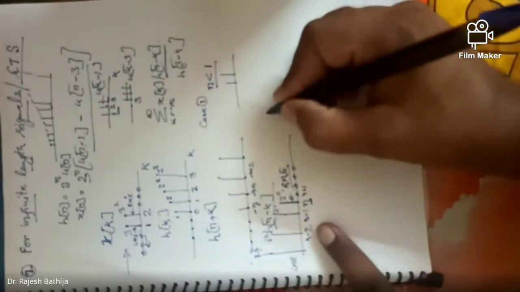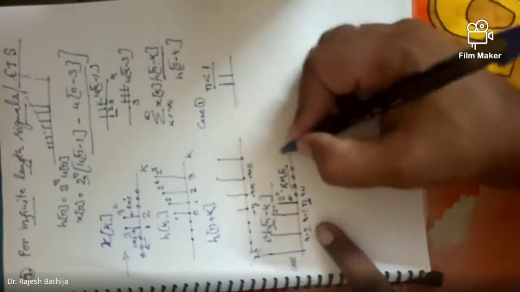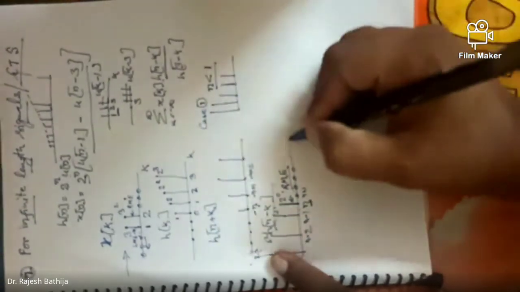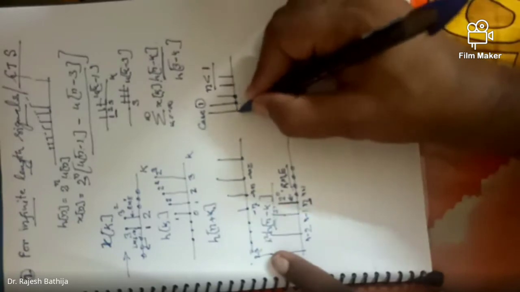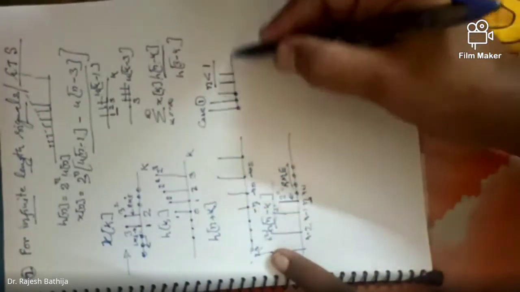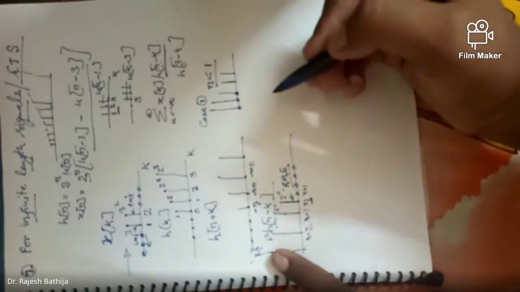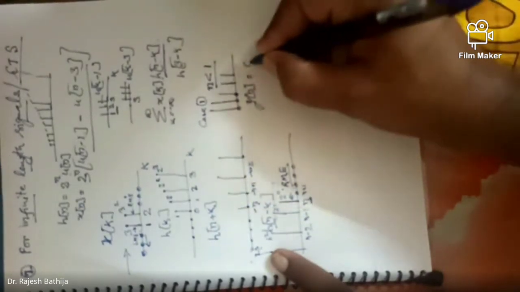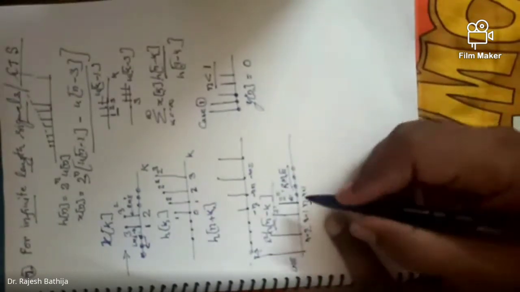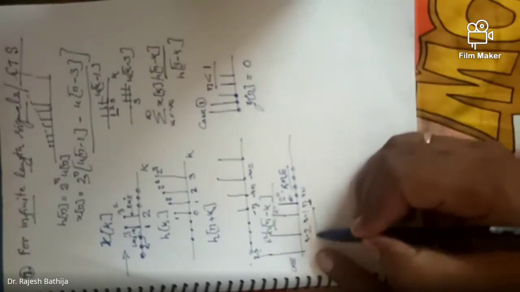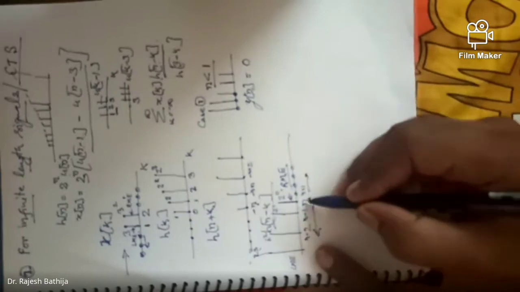If I write it like this, the case will be like this. These are the two x of n, x of k values, and we are putting h of n minus k over somewhere over here, on the zero values of the x of k. x of k is 0 over here, right? So x of k is 0 here, and h of n minus k is 0 over here. So the product of the two will be 0. That should be 0. So y of n should be equal to 0 in this case. Look again if there is any problem. h of n minus k is non-zero at n and before it, after n it is 0, and where have I placed n?